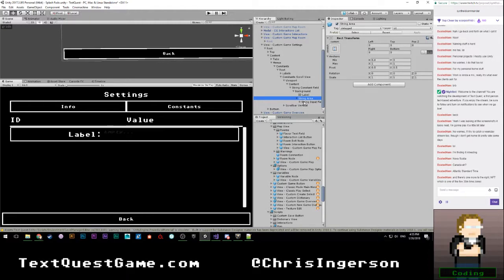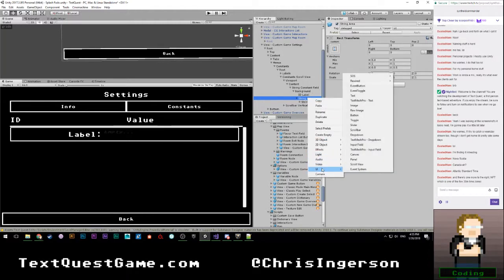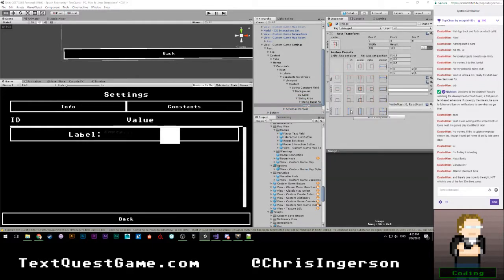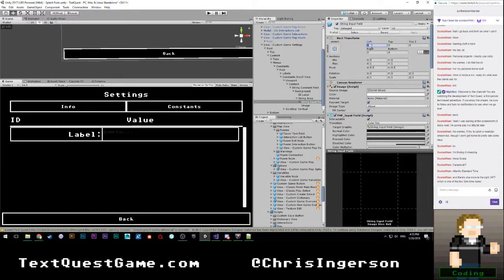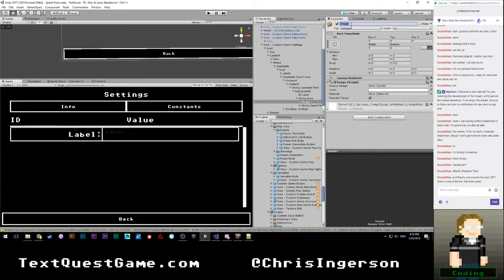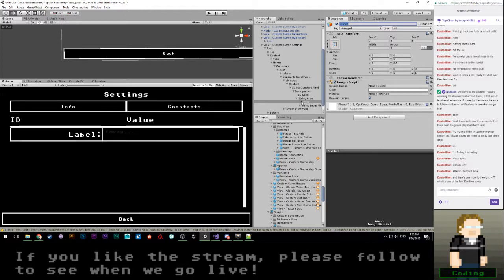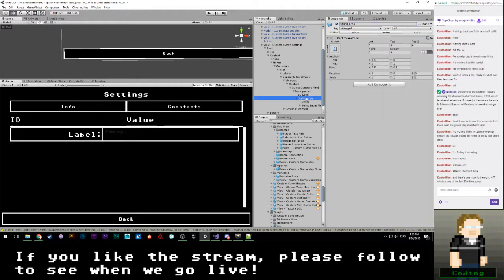That makes sense. Let's go ahead and add a UI image. This will be aligned to the left. Position X is 0, width of 5. I think that would be good. And we'll go ahead and just make this have a, yeah, there we go. Oh, not 10, 5. That should be fine. Go ahead and rename this to be divide. Okay, so this should more or less be what I would think we would want our settings to look like.